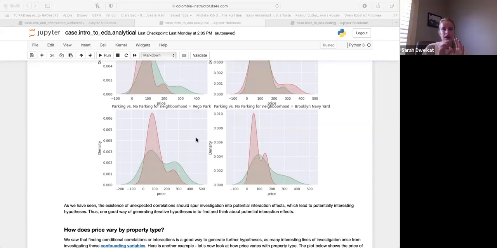We aren't seeing those huge separations in the density plot, because remember, our overall finding was that there isn't really that relationship when we have all those listings together. And we saw that there weren't that many neighborhoods with a really strong correlation. It is still between 0 and 0.5. So that makes sense in terms of the plots that we're seeing here.